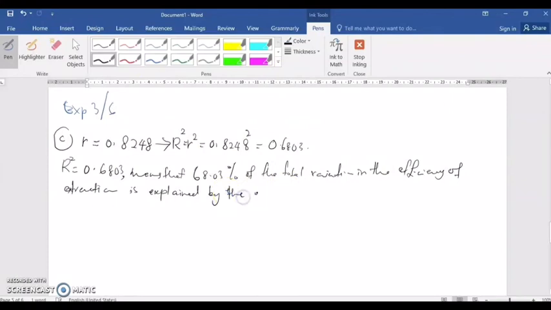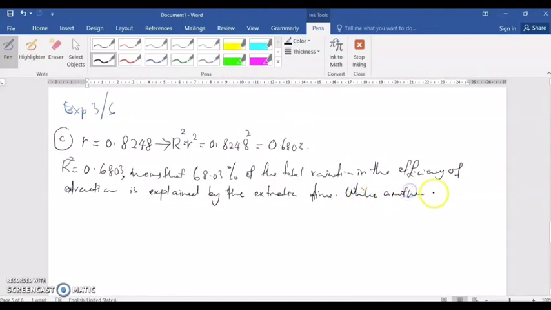So this is our Y, explained by X, and then the balance is